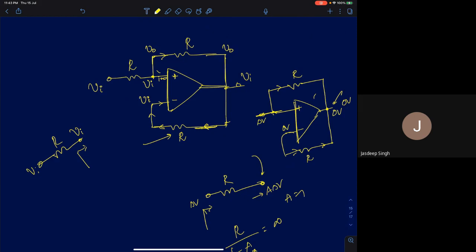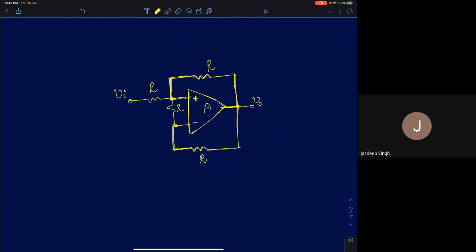Now we'll slightly complicate this circuit and add a resistor in between the positive and the negative terminals. In that case, we'll see whether there will be any change in the output, or what kind of response we should expect. I'll do a rigorous method, and of course we'll also think about it intuitively. But first I'll do a more rigorous method and try to find out if this loop is a negative or positive feedback loop. To do that, we'll first assume the input is 0.